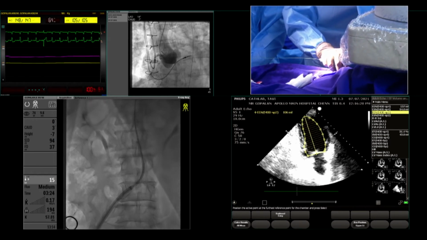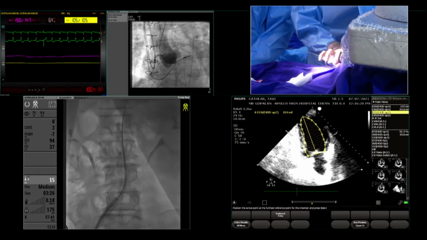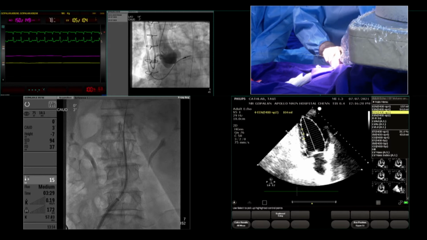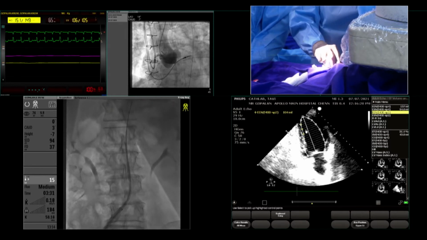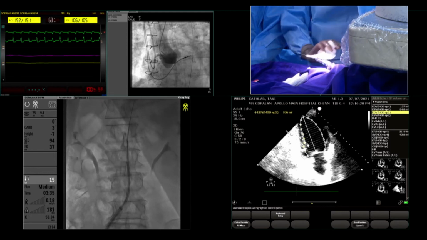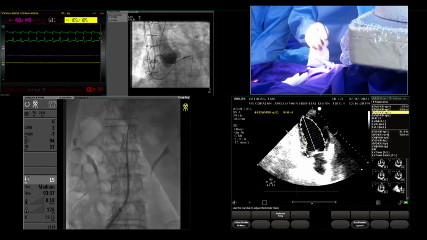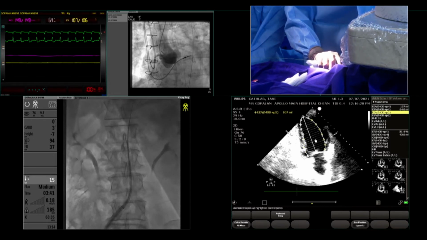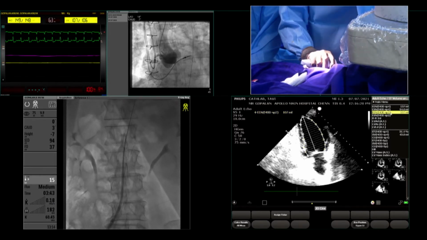So it's a bit tortuous, so... Is there a switcher? So there is some resistance there. You put a stiff wire, sir. So this is stiff wire. We take a Lundquist wire. Yeah, we probably have to take a Lundquist wire. You're just going this way. I think Lundquist will straighten it up further. So we're not pushing too much.